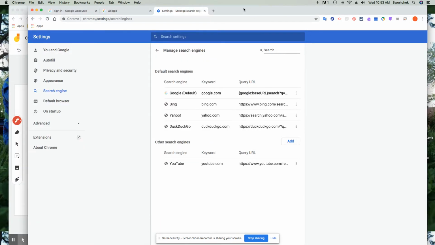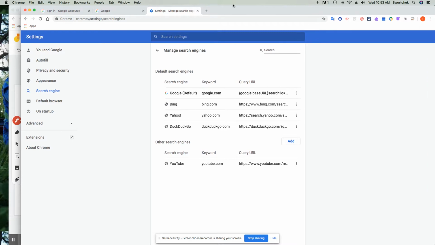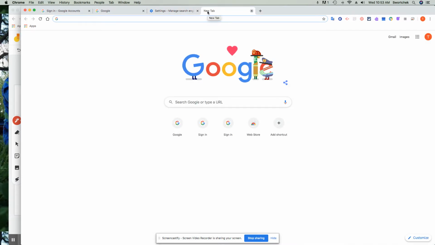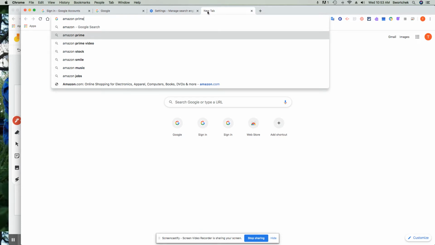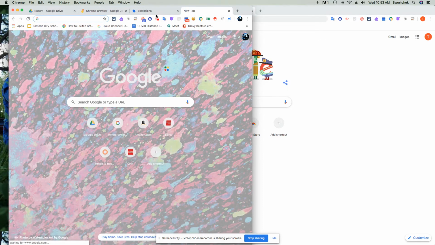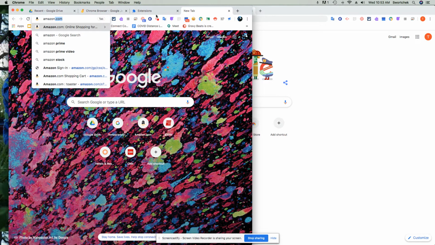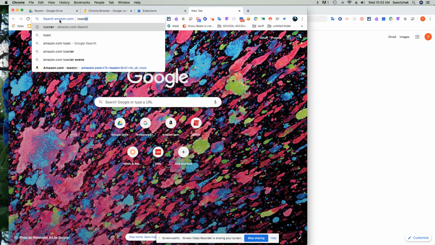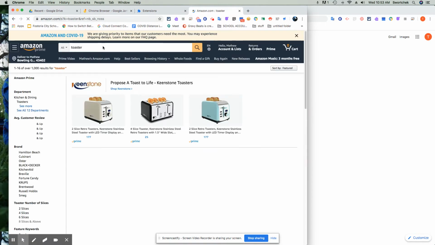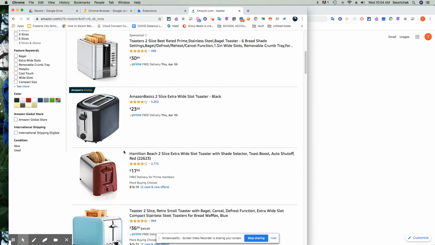Well, what it does is if you add a search engine, then when you type in Amazon, it's a popular one. So if you type Amazon and press tab, you can search that particular search engine. I don't have it added on this one, so I'll show you on this other profile. On this profile, I've added Amazon. So if I type Amazon and press tab, you see how it turns blue and says search Amazon. And then I can say, like, I'm looking for a toaster and press enter,